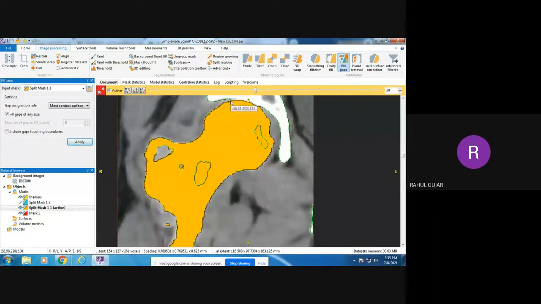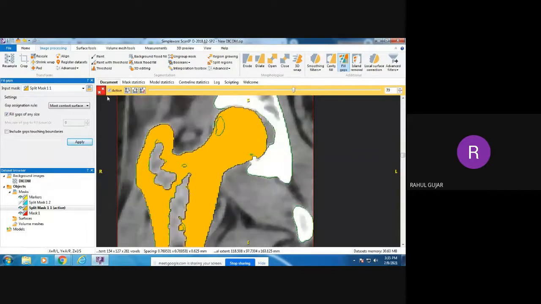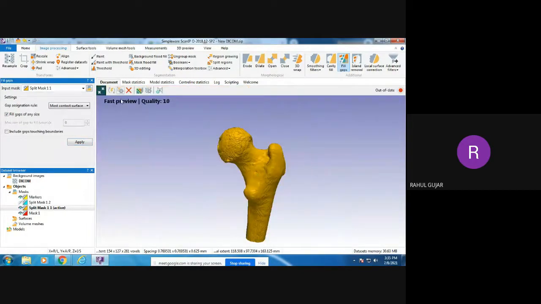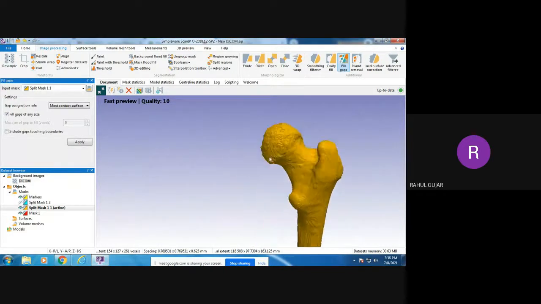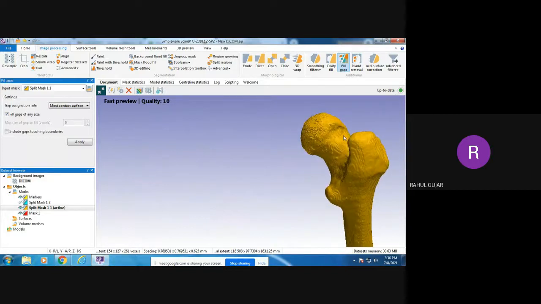So just concentrate on this area only, the neck and this spherical region. If I do the preview, all these voids, all these gaps and cavities are filled properly.